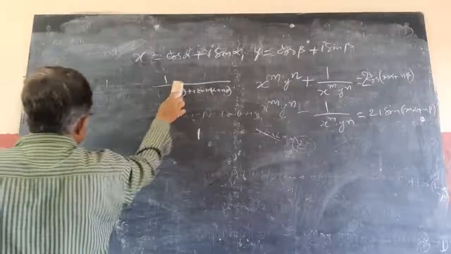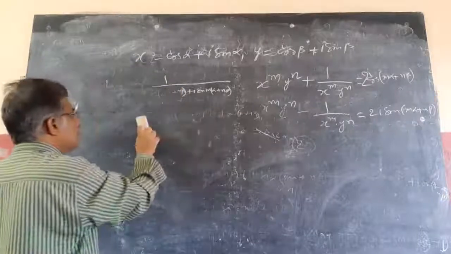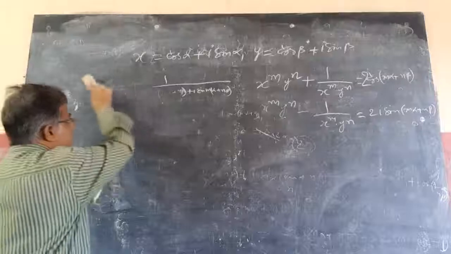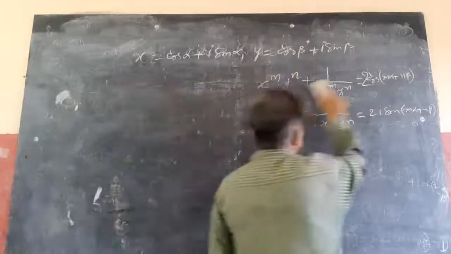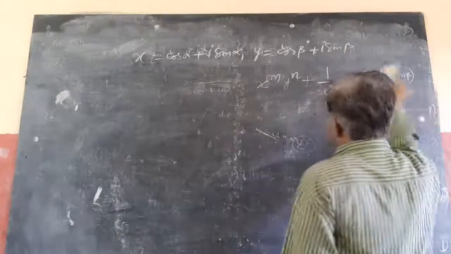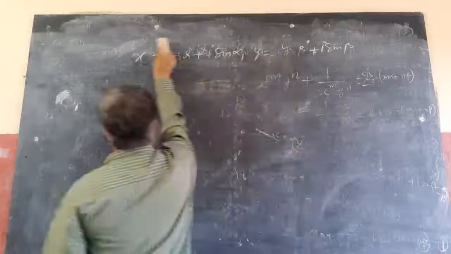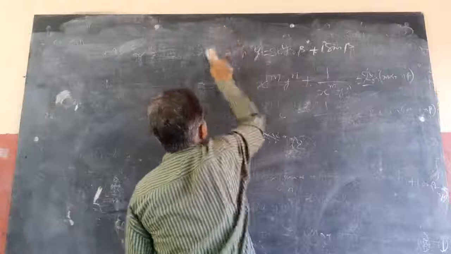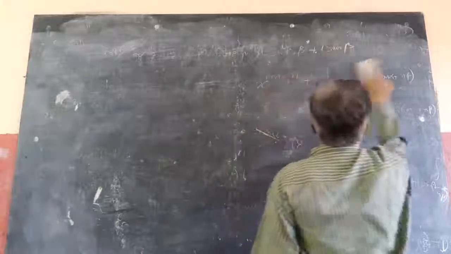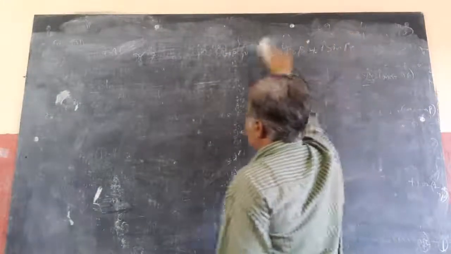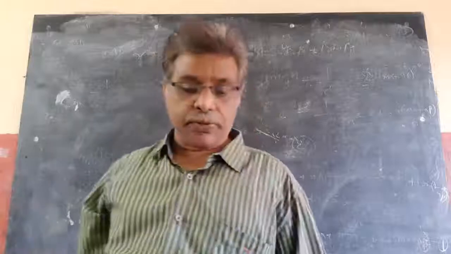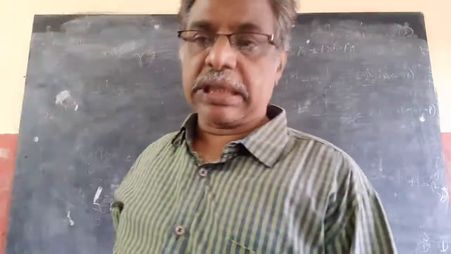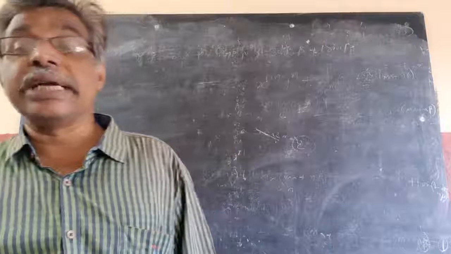Before going for rational index, we finish nth roots of unity and cube roots of unity together. We will finish that, then we will go for the exercise. Second exercise concepts, some more are there. We already discussed whole power 1 by n and rational numbers p by q form. Now we need to discuss cube roots of unity and nth roots of unity.